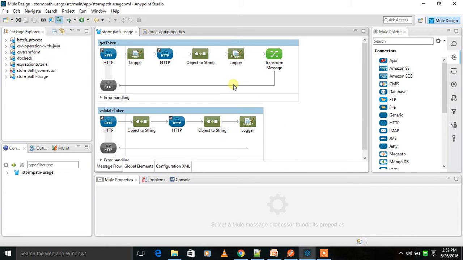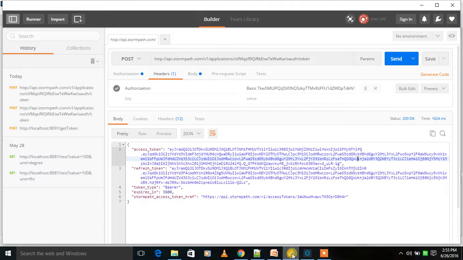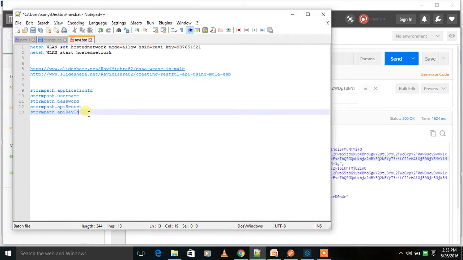But before that, for the administrative purpose, I can showcase how to retrieve this token and how to validate the token. So this flow is nothing but what I have shown you through Postman, how you can access this token. You should have the application ID. There are only four important things which you need to have.